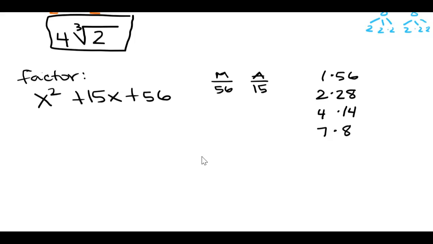Well, the only one that will work is 7 and 8. And sometimes you have to ask yourself which of these factors would add or subtract to be 15. On this one, since we have both positives, then we know that when we factor these, they're actually going to factor to be